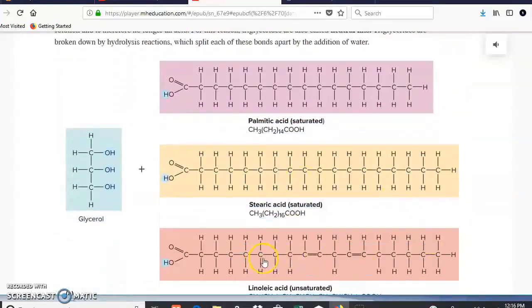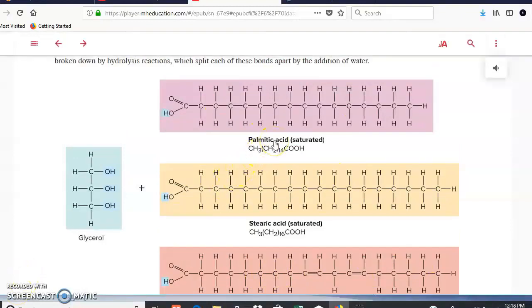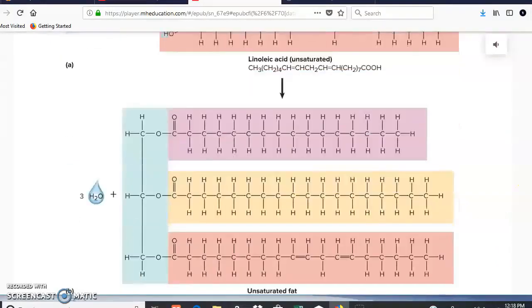These lines right here are going to be called fatty acids, such as palmitic acid, for example, and they are mixed with glycerol. What chemical reaction do you use to mix things? You use a dehydration synthesis. And when you mix them, you're going to form this structure, which is going to be a triglyceride. Why? Tri, because you have 1, 2, 3 fatty acids, and it's combined with glycerol, a triglyceride.